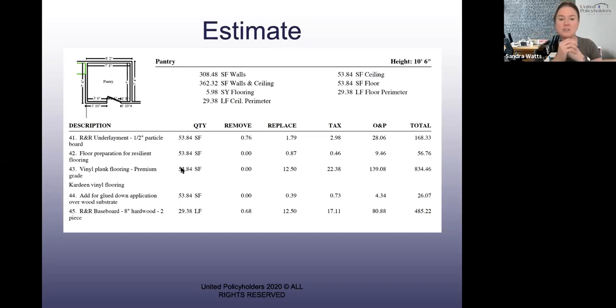I always say that I can tell personally how good the estimator is by how systematic they are in their estimate. If you're dealing with somebody who has like ceiling, light fixture, floor covering, outlet, window, you know that you're dealing with somebody who is not a systematic estimator. And in most cases, they're going to